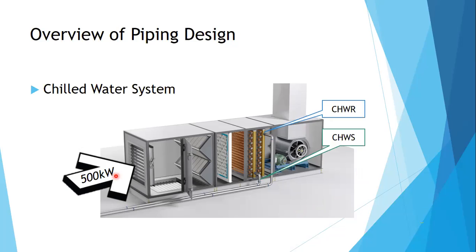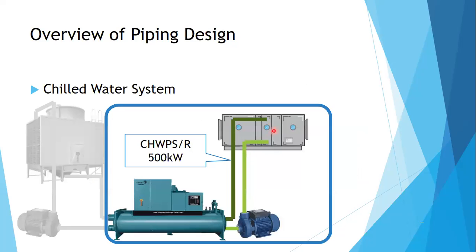All right. Okay, going back. So the 500 kilowatt of heat load from the room will be transferred to the water by this heat exchanger inside the air handling unit. So theoretically, this piping, this connection from your chiller to your air handling unit, has water carrying 500 kilowatt worth of heat